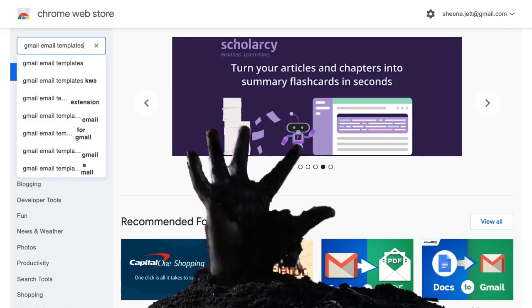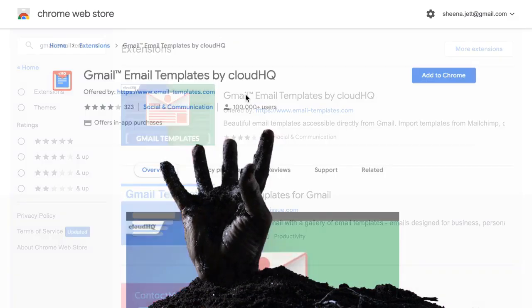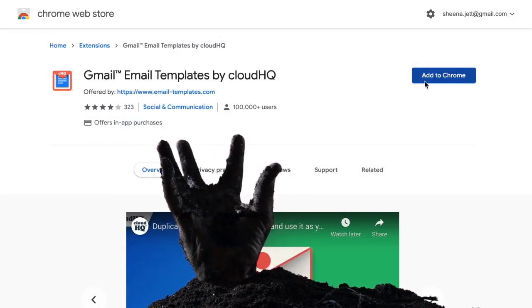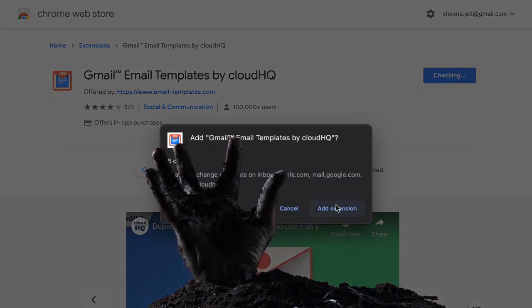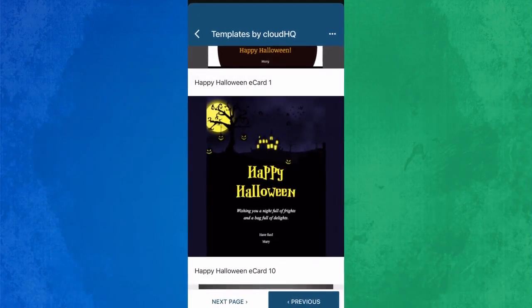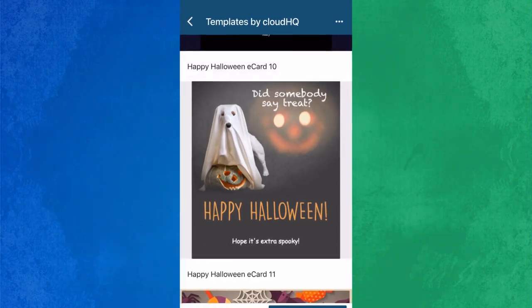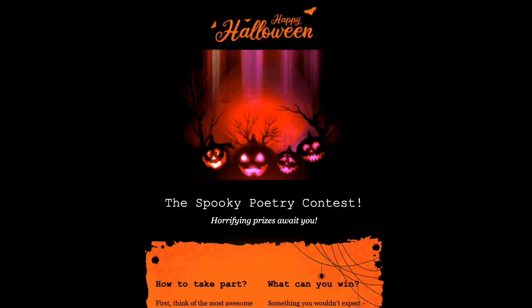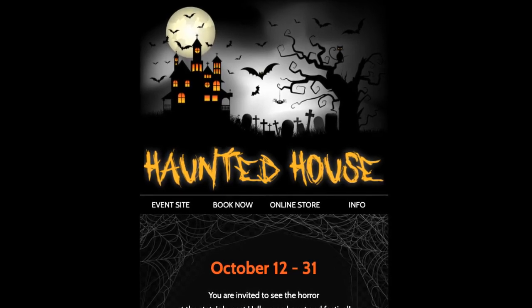Getting your claws on these templates is a breath of fresh air. Just install the Chrome extension from the Google Chrome Web Store. And you'll even get access to some free spooky e-cards on your mobile device, so you can creep it real on the go. Be the ghostest with the mostest this year, and get the crowd howling with free Gmail templates